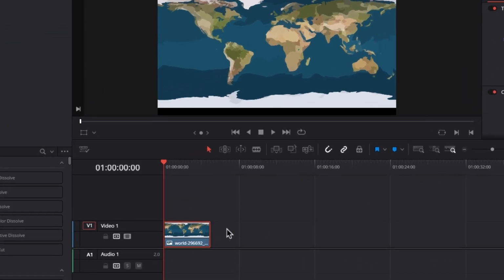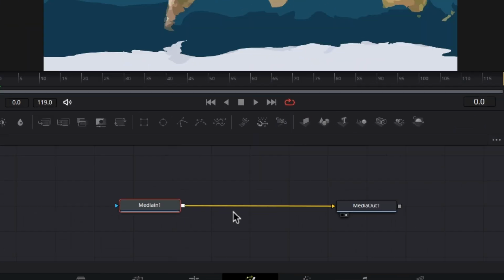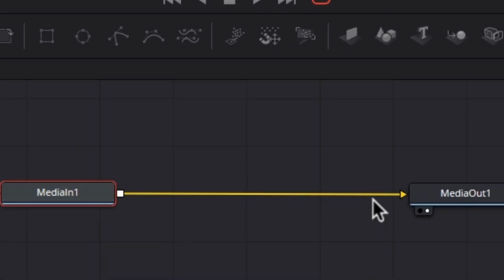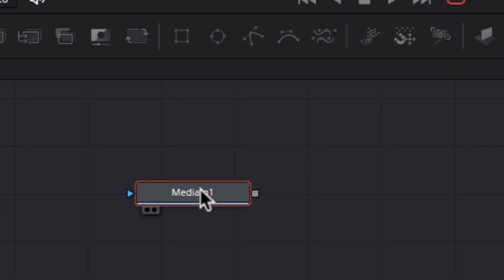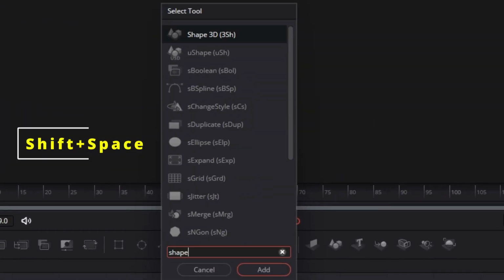For this example, click on this world map image, and then go to the Fusion page, and now disconnect the link between Media In and Media Out nodes. After that, select the Media In node, and then press Shift Space on your keyboard to bring up this